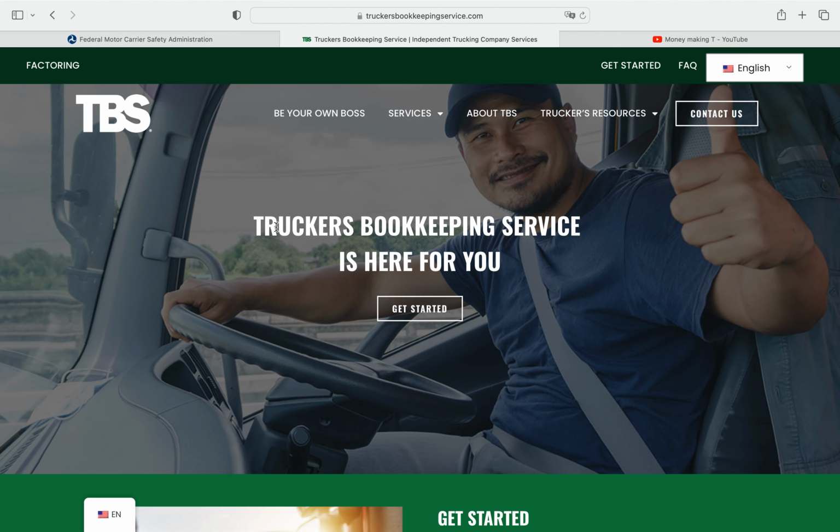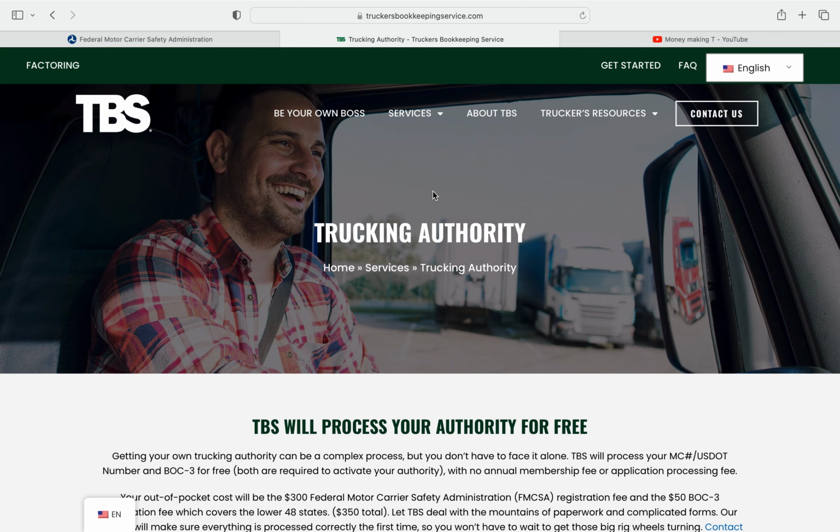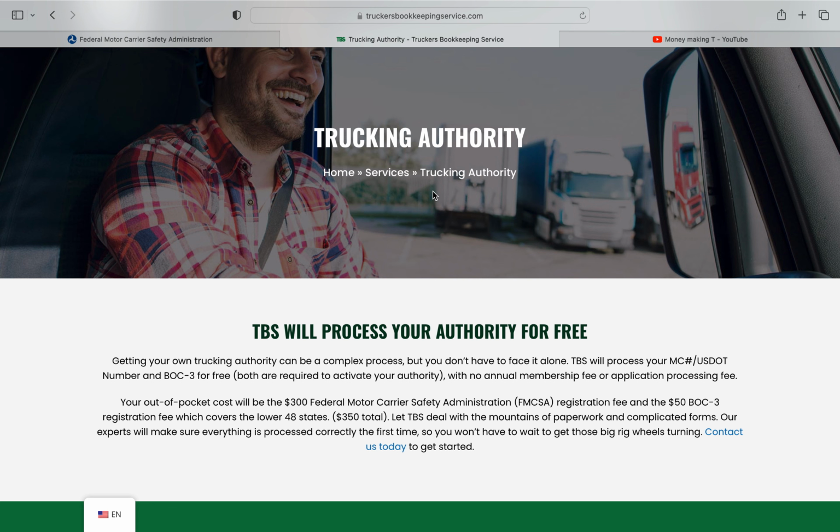The way I went about it is I used this website. Now this website helps truckers in different ways. They have different types of services they offer. One being authority processing. So if you aren't really trying to do all the paperwork and write everything down, they do it all for you right here. It's a one-stop shop. They'll process your whole authority for you, get the BOC3 going, and then you still have to pay for everything else, as you probably have to pay the MCS 150 fee anyway, so they'll go ahead and add that in there.